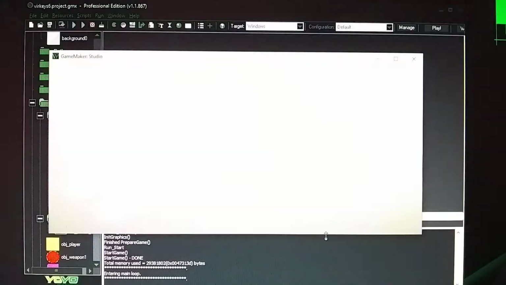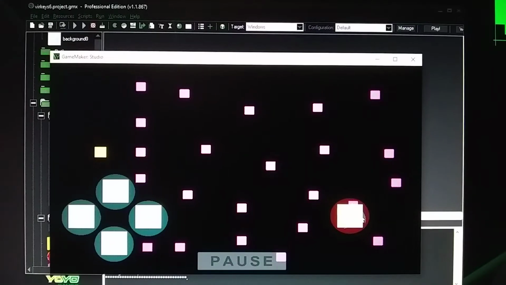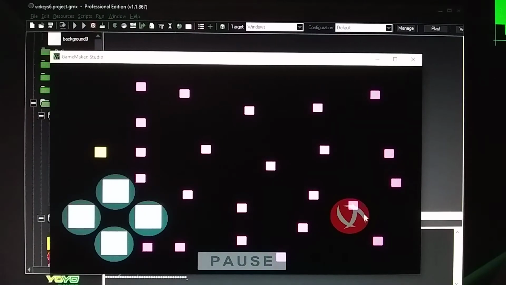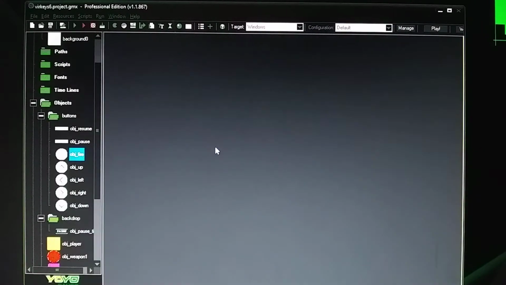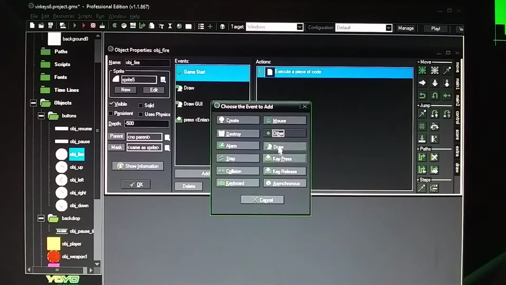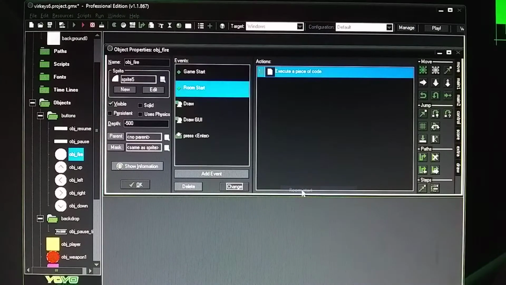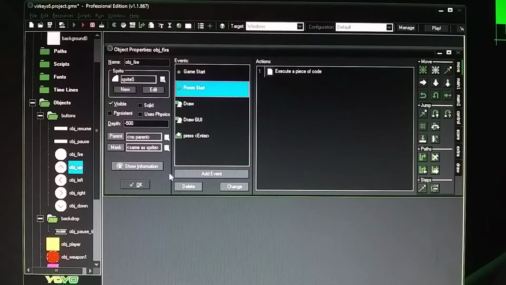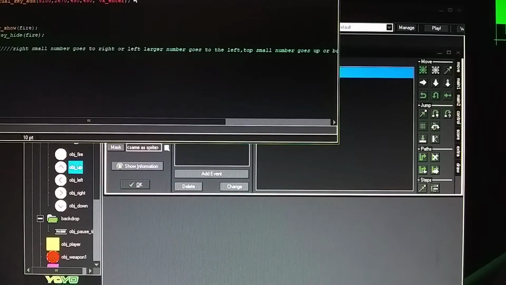Okay, so now it's there right now, but when I press the pause and then go back into it, it's not there. So make sure you don't use game start. Change it to room start, because room start will make the button come back after you press resume. Alright, so in the room start,